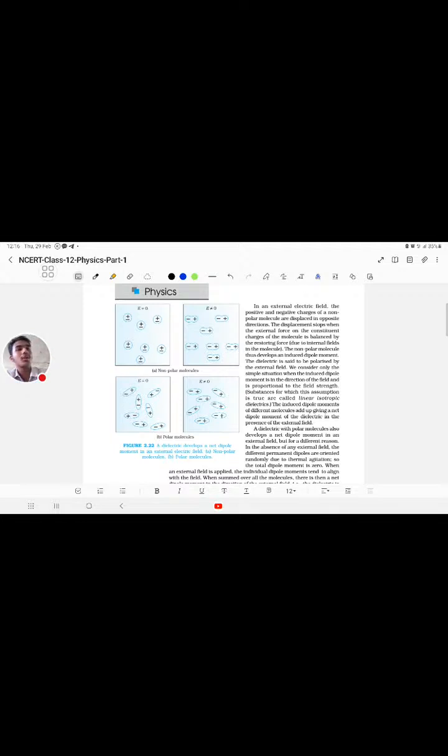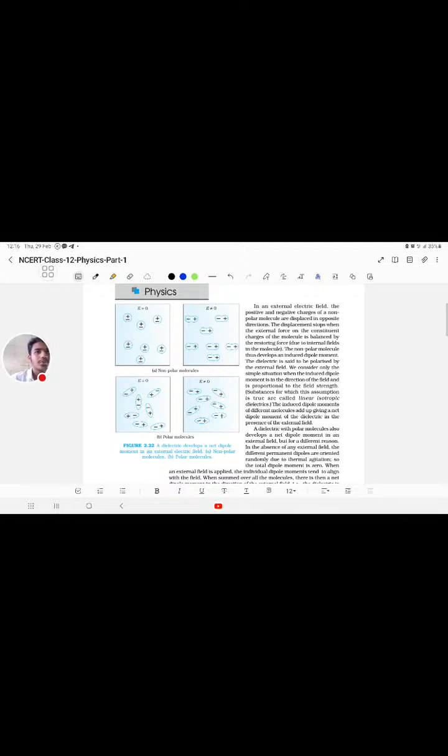So for a non-polar molecule, there will be movement of the positive and negative charges, but at the same time there will be restoring forces occurring as well, which will lead to the formation of a dipole moment. The dielectric is said to be polarized by an external field. That is, a non-polar molecule becomes polarized, which means that the positive and the negative centers are separated due to the presence of the electric field, but they are not completely moved away due to the restoring forces acting between them. I think that's what is actually happening over here.